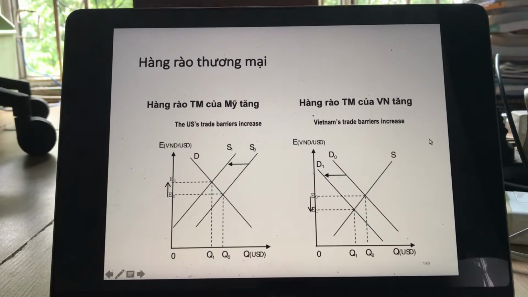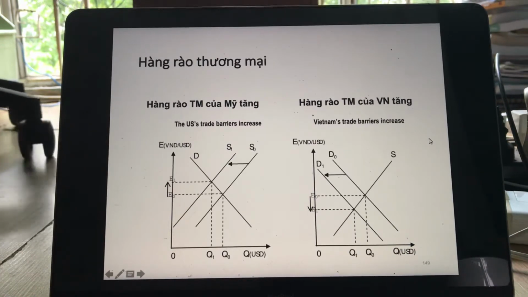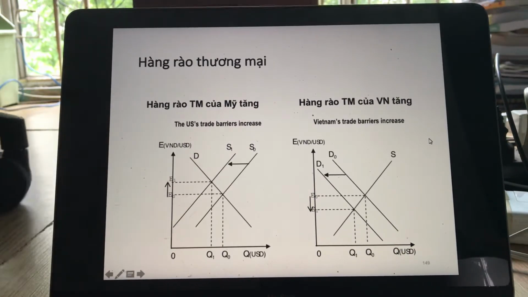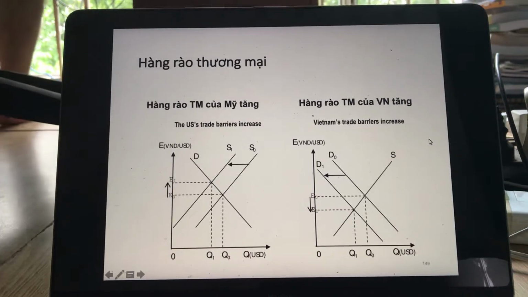Okay, I'm back. So here we have two scenarios. First, there's an increase in the trade barriers in the U.S., and in the second scenario we have an increase in the trade barriers in Vietnam. Okay, so what are the consequences? So you can see from the graph here, when the U.S. trade barrier increases,